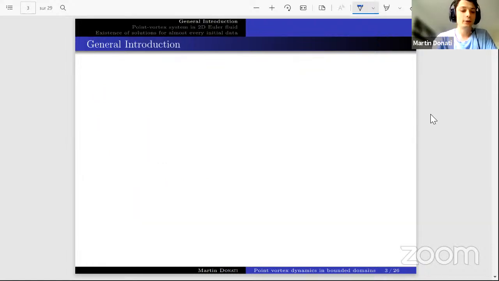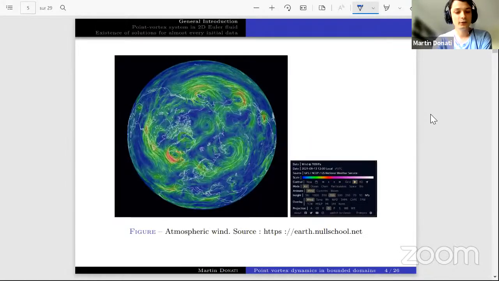So to start, I'd like to try to answer a question. Why would anyone study vortices? I will not go into complicated explanation, but just try to convince you with some pictures. So here is a representation of the atmosphere around the Earth, and one could expect the air to flow naturally around the Earth, but that's not the case. You can see that it's turbulent. It spins around itself in what we call vortices, and thus this problem is interesting.